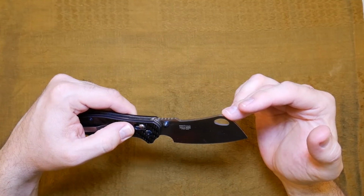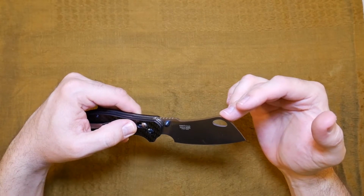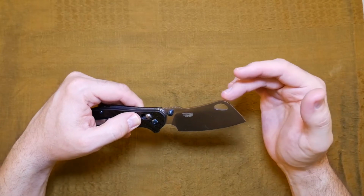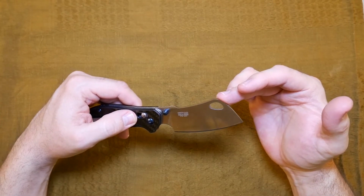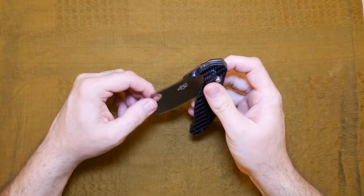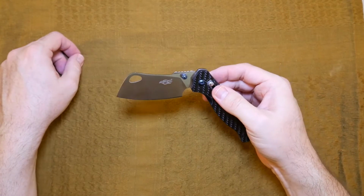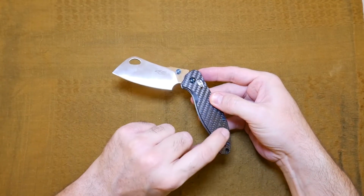F755 Ganzo Firebird. I guess they're deciding they're going to change their name to Firebird for some unknown reason. Does anybody know why Ganzo is changing their name to Firebird, or trying to use two different names? This is their pocket cleaver, and this particular version has the